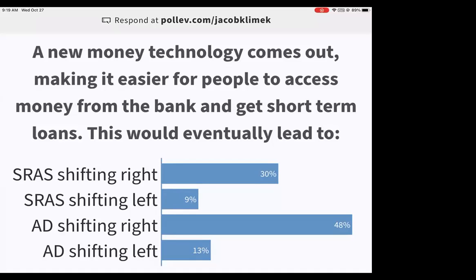I didn't say credit card here because that's what the example I used in class was, but it's that kind of idea, okay? So that would decrease the interest rate, which would lead to increased investment and then increased consumption, which would shift aggregate demand to the right. As for those of you who put shifting aggregate supply to the right,